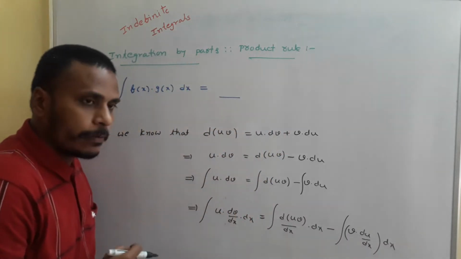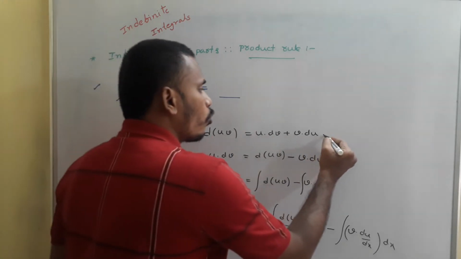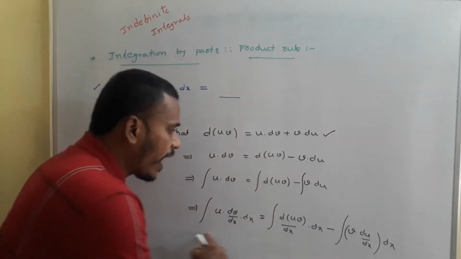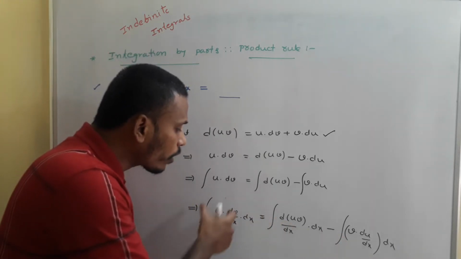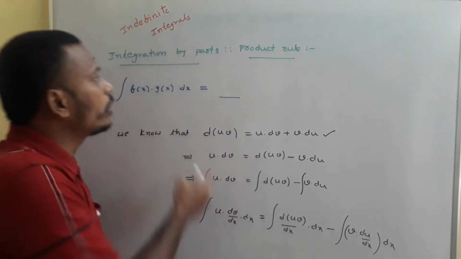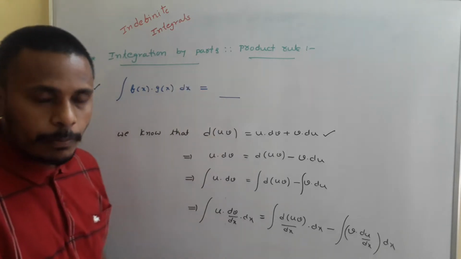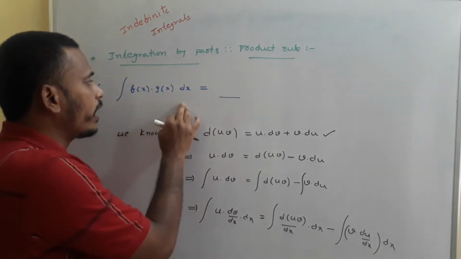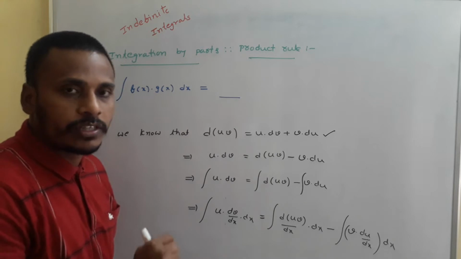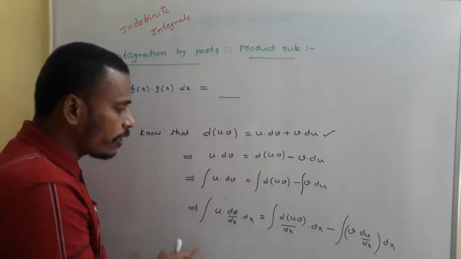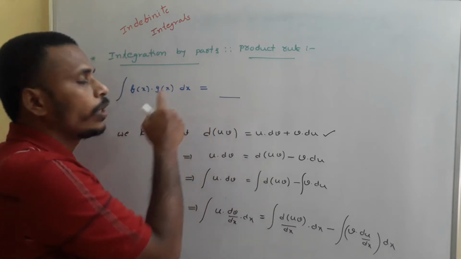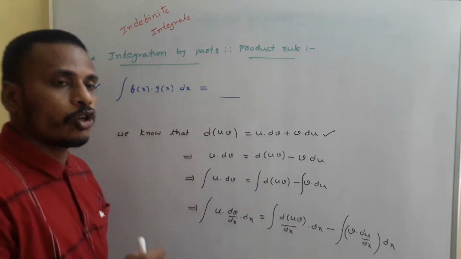Just observe carefully. With this product rule of differentiation, at the end we have this particular trick, and now I am going to convert this trick into the product rule of integration, or integration by parts, that means to find the integral of f of x into g of x dx. First of all, observe this. I will erase this for space concerns, and then I will convert it into the integration of f of x into g of x dx.